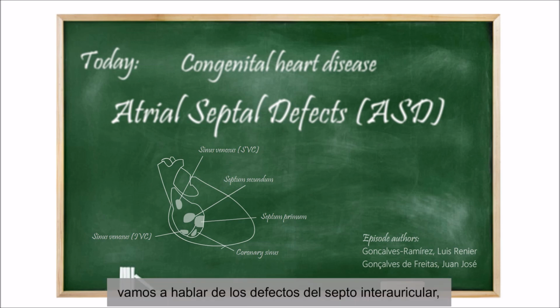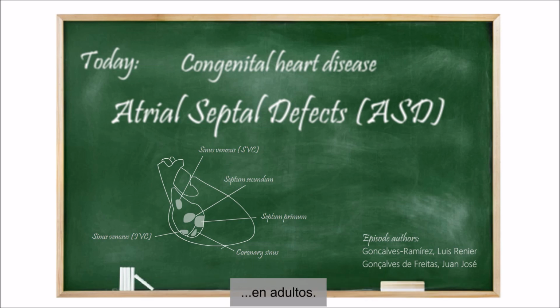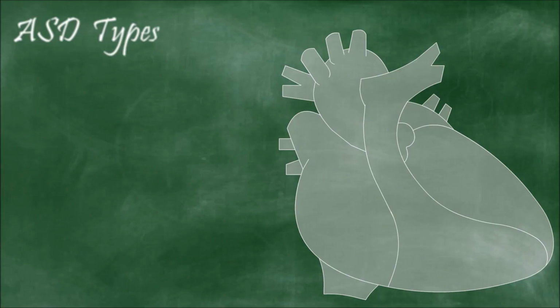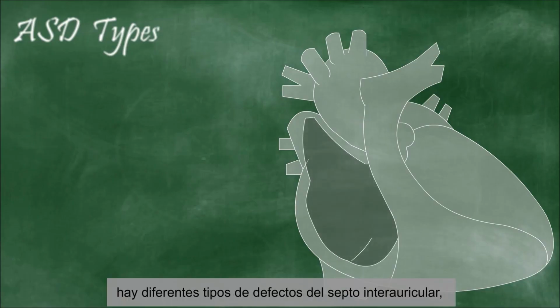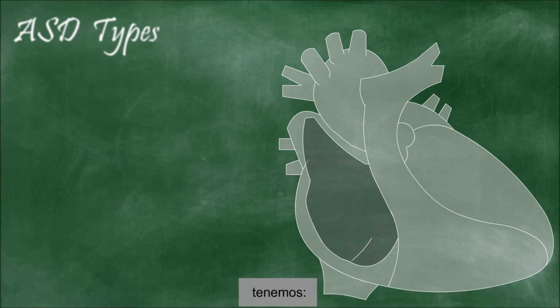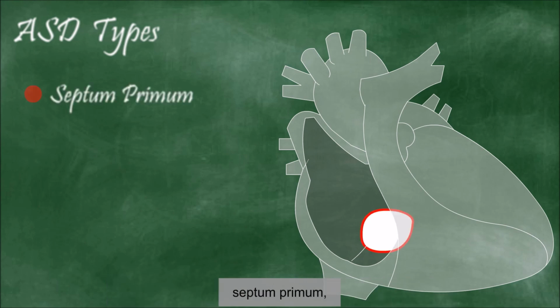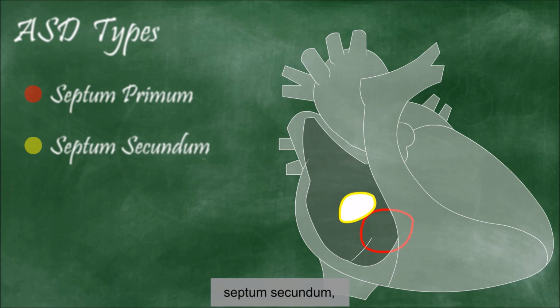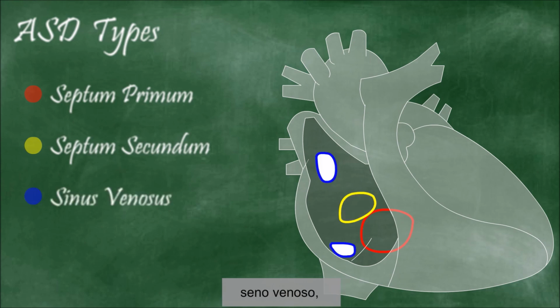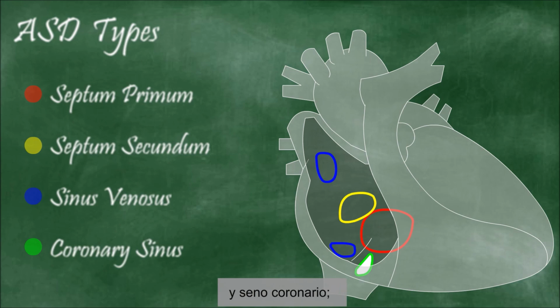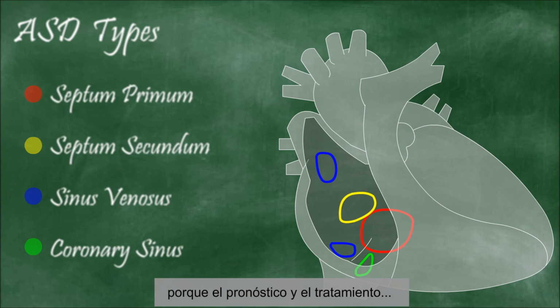Today, we will talk about the atrial septal defects, one of the most frequent congenital cardiopathies in adults. As you know, there are different types of atrial septal defects. In this sense, we have septum primum, septum secundum, sinus venosus, and coronary sinus. It is relevant to know and understand the difference between all of them because the prognosis and the treatment are